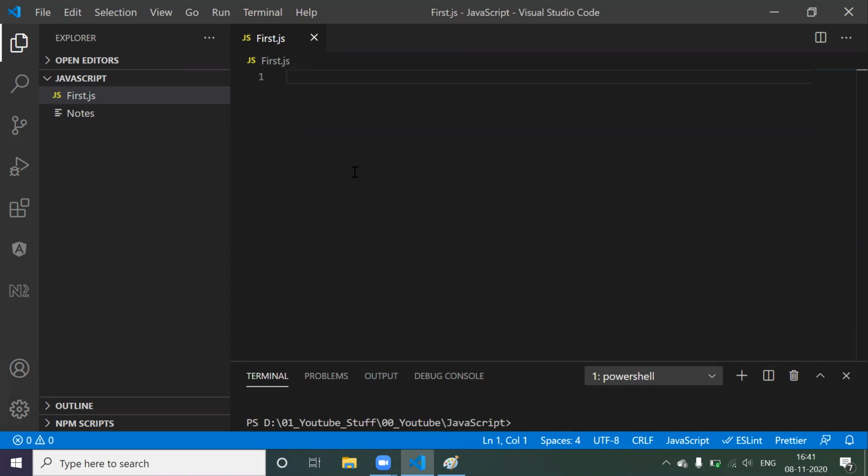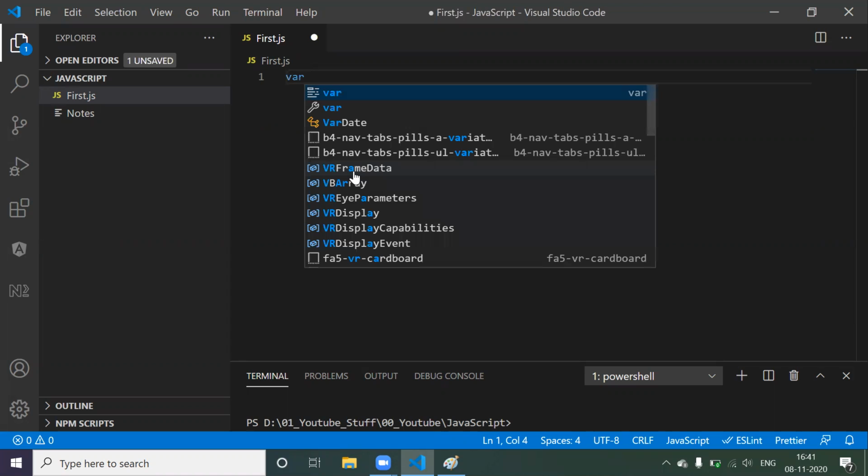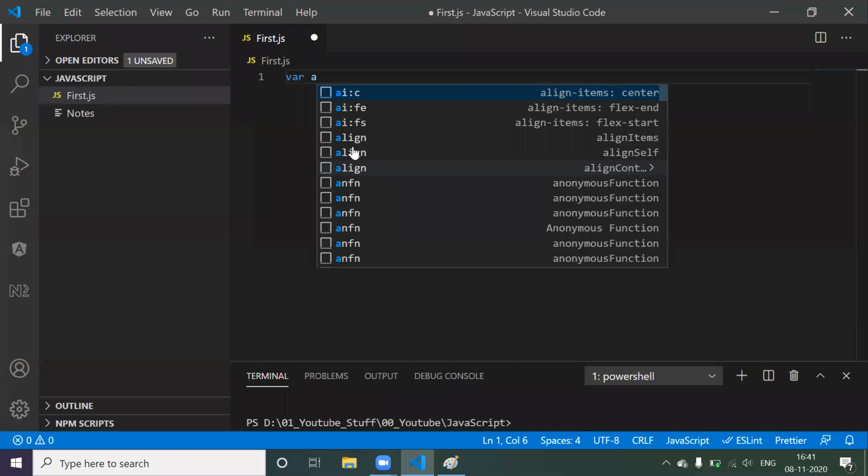Now you get a requirement where you have to store the name of your client. So the name, since it should be a string, you will be taking var. As of now, just remember var is something like a data type which is going to accept any kind of data. It might be a string, it might be a number, or any type. Var a. Now you are saying that in a we are going to store some name,